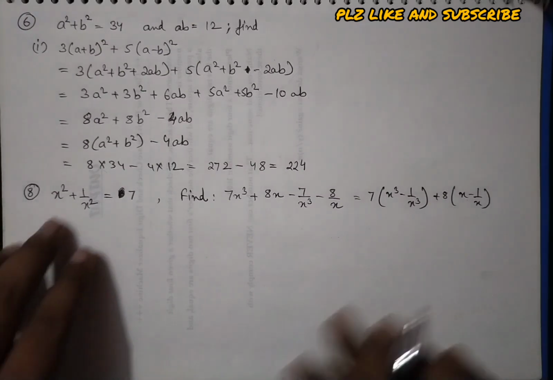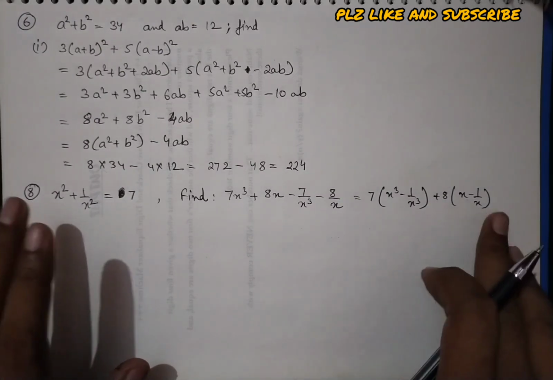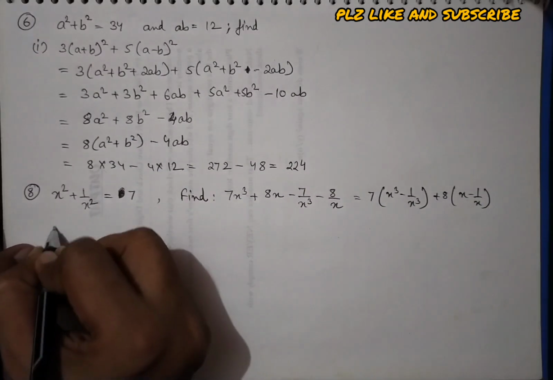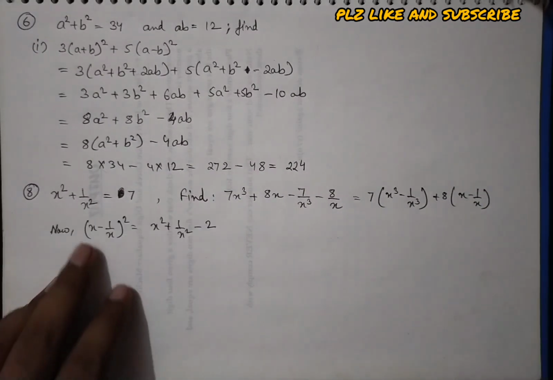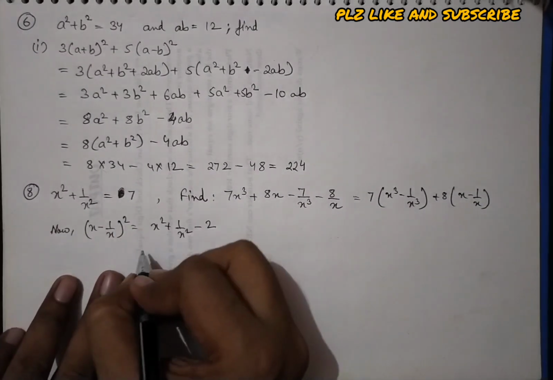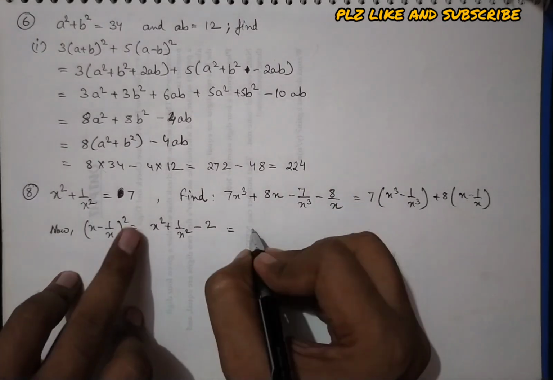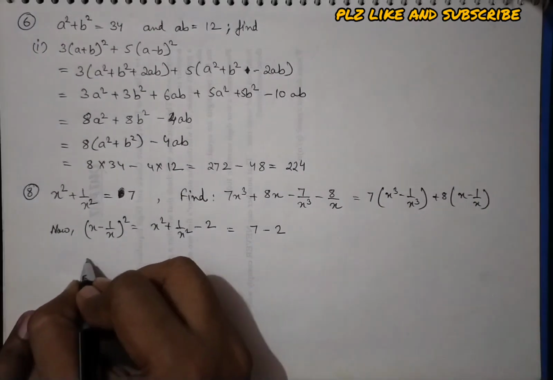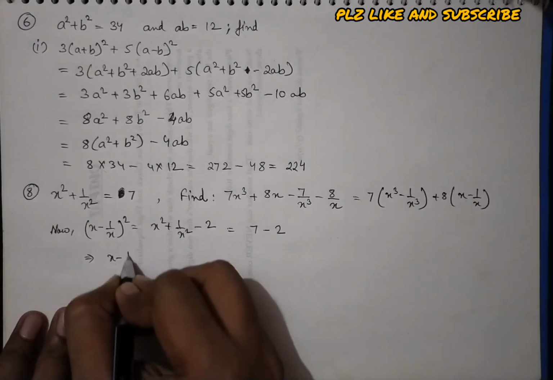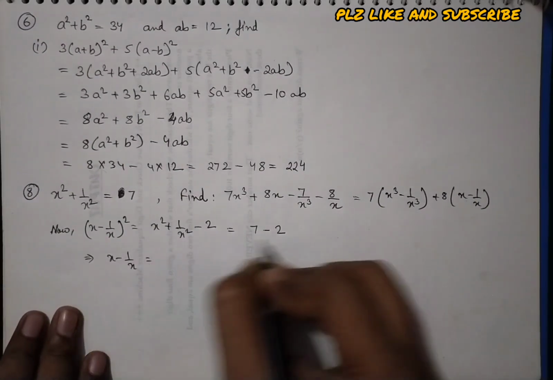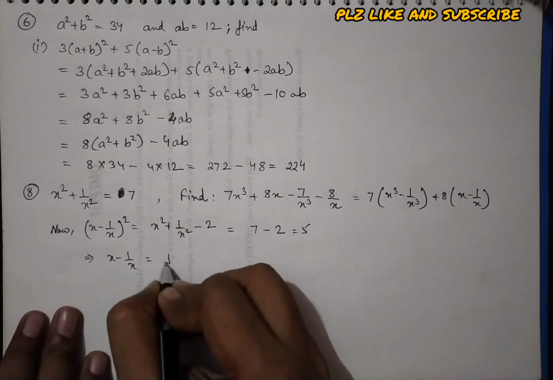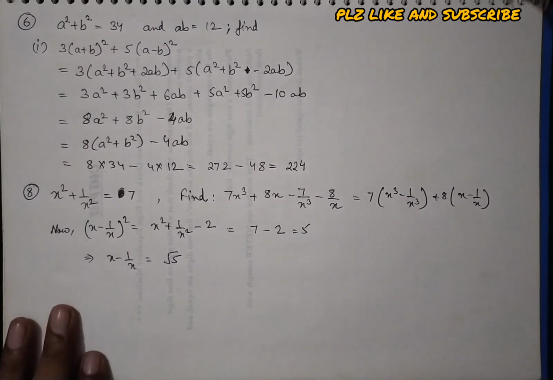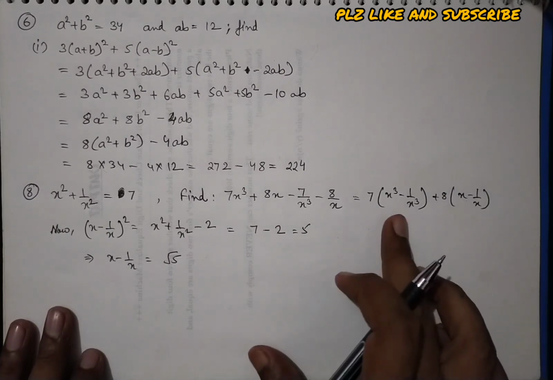First of all we are going to start with x minus 1 upon x. Therefore we got this expression, and now this will be equal to 7 minus 2, that implies x minus 1 upon x will be equal to, this is 5, so root 5. And now to find the value of x cube minus 1 upon x cube